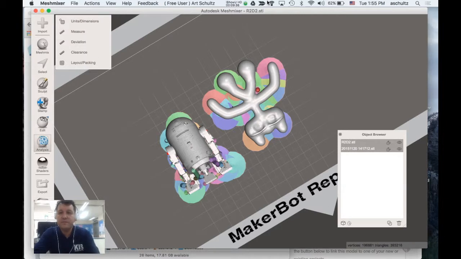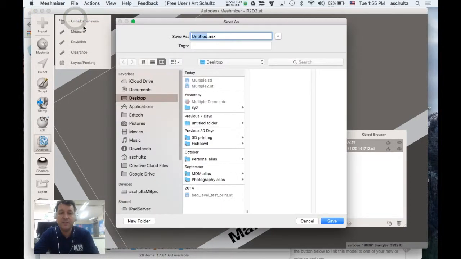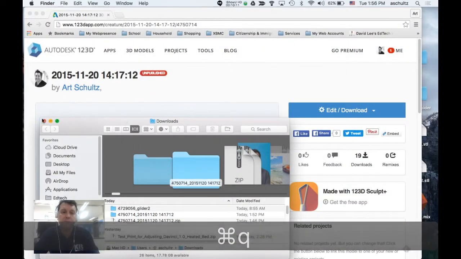So now that that's saved, I'm going to save my Meshmix, just so that if I do need to make a change, I can. So I'm going to save this file as a .mix file, so this is for Meshmixer, which makes it a little easier to modify your file later. So now that I've got this saved, I can go back in, edit this in. If the supports didn't work out, I can delete them and try again. All right. So now that I've got that file saved, I can then quit Meshmixer,